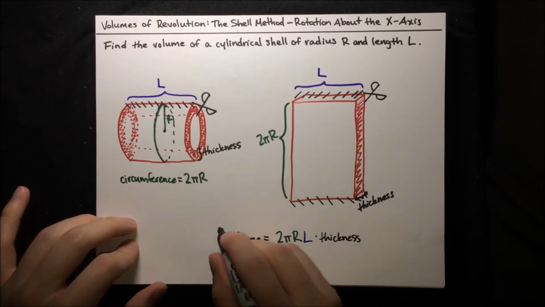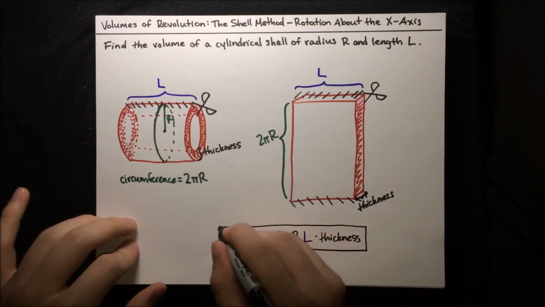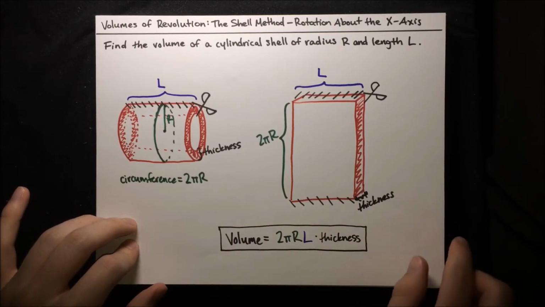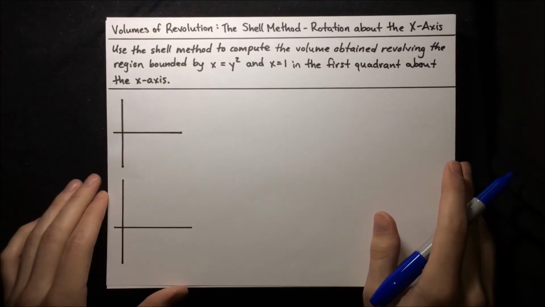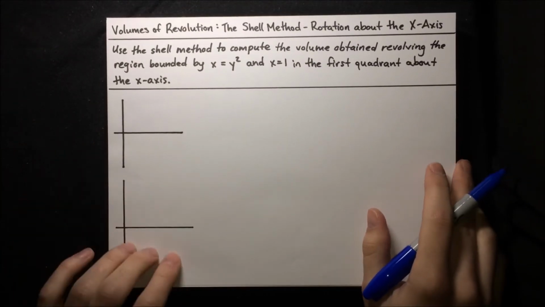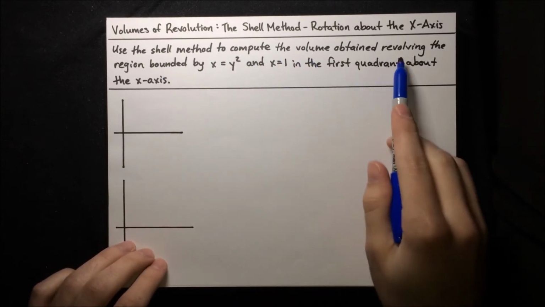And this here is what we're going to use as the starting point for the shell method. So keep this formula in mind as we move on to some problems. Alright, so now let's jump into a problem that involves using the shell method to compute a volume obtained by